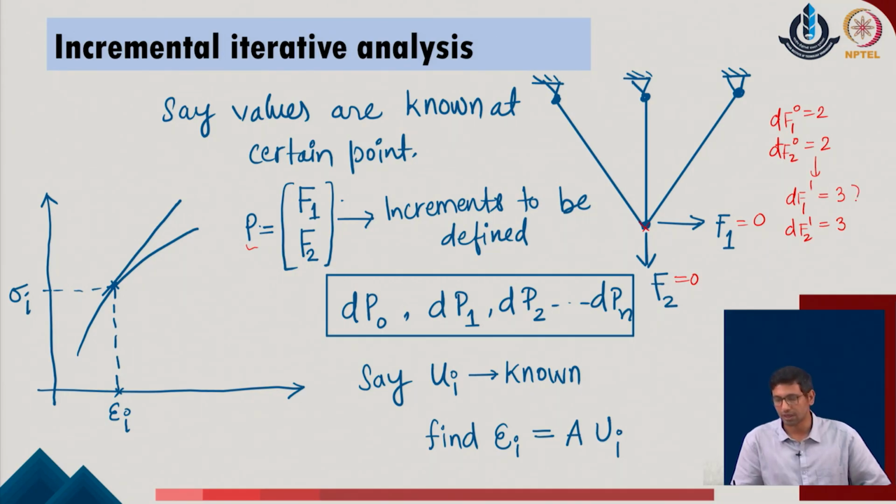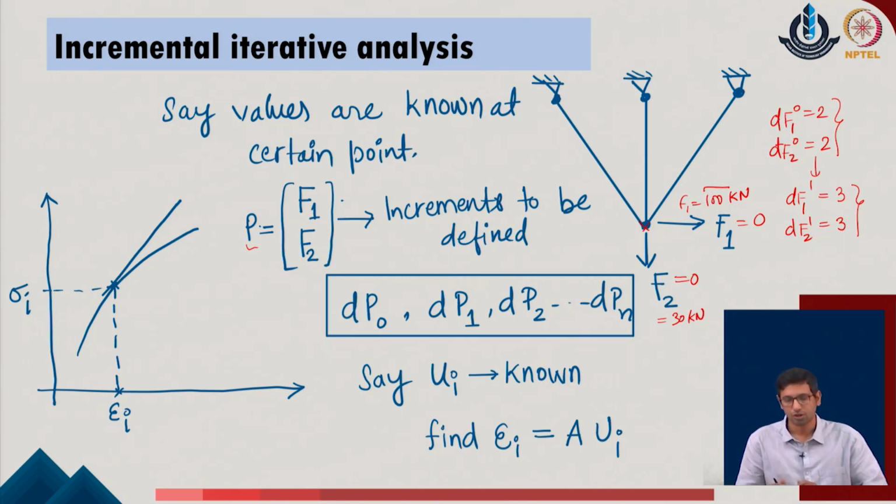Again, these could be the same and these could be different as well, based upon the loads. Say at the end, if I want to reach up to a load of 100 Newton in this direction, whereas this load is only 30 units, I can accordingly go with larger increments in the F1 value, whereas lower increments in the F2 value can be provided. So, with this idea in the given system, we can come up with the individual increments. With respect to the individual increments, the user is able to identify the initial displacement value, say at some point 0, and corresponding to that the user is also able to identify the general strain parameter at that point.